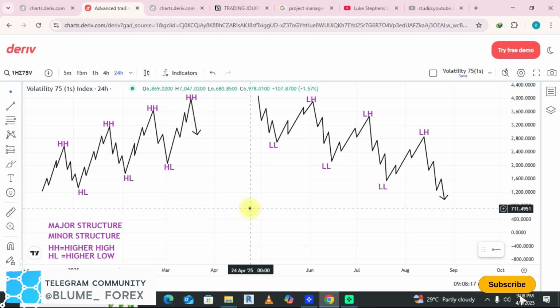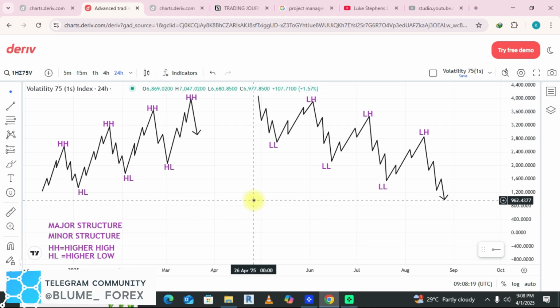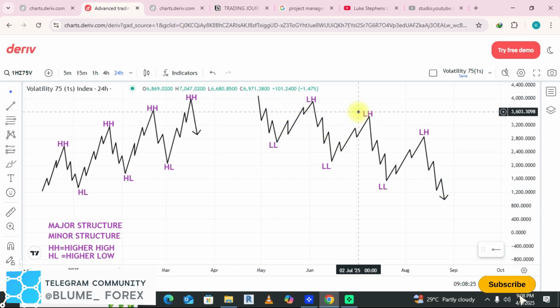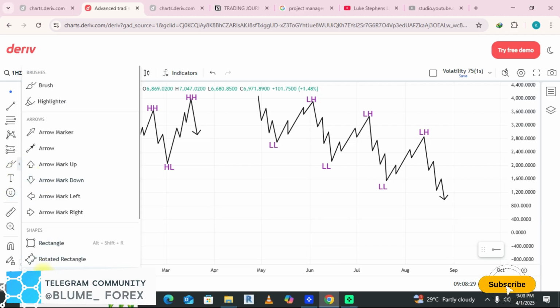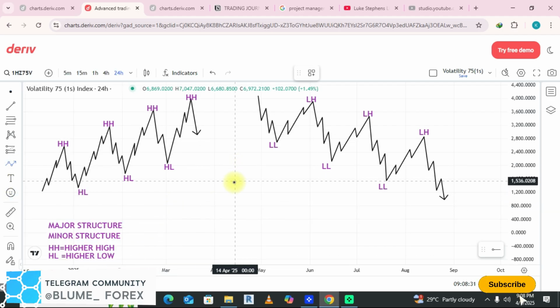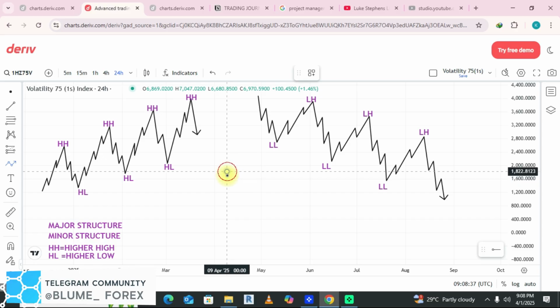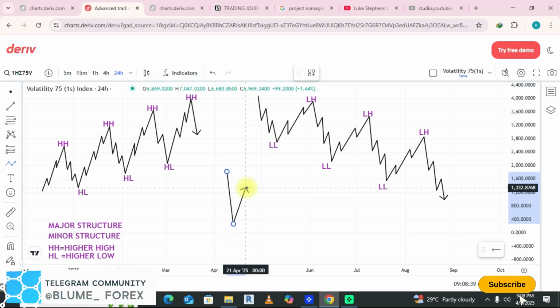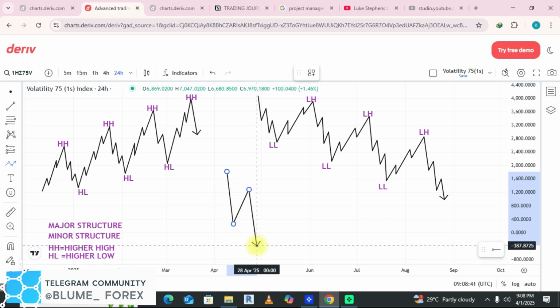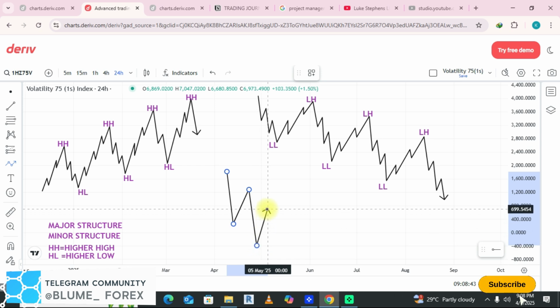Alright, so just like we did for the uptrend market, the same thing applies to the downtrend market. In a downtrend market, we form a series of what? Lower highs, lower lows. So in a downtrend market, the pullback is to the upside, if you have noticed, right? And in an uptrend market, the pullback is to the downside. So in a downtrend market, we push down, we pull back, or exhaust, push down, pull back to the upside,